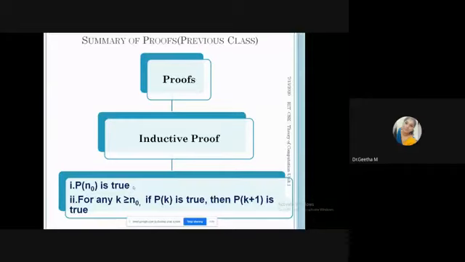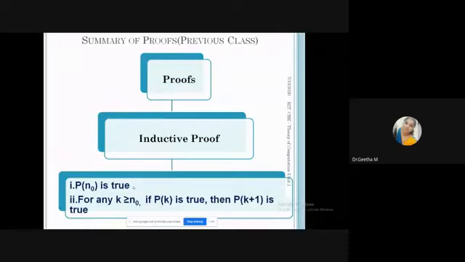I have given some homework assignments also. I hope you people have completed them. But if you have not, after watching this class, go and complete the assignments. Only then can you understand why we assume the statement is true up to k elements, and how k plus 1 is proved by the algorithm. These are the terminologies we should have before starting our TOC. That's why I have covered proofs and types of proofs.